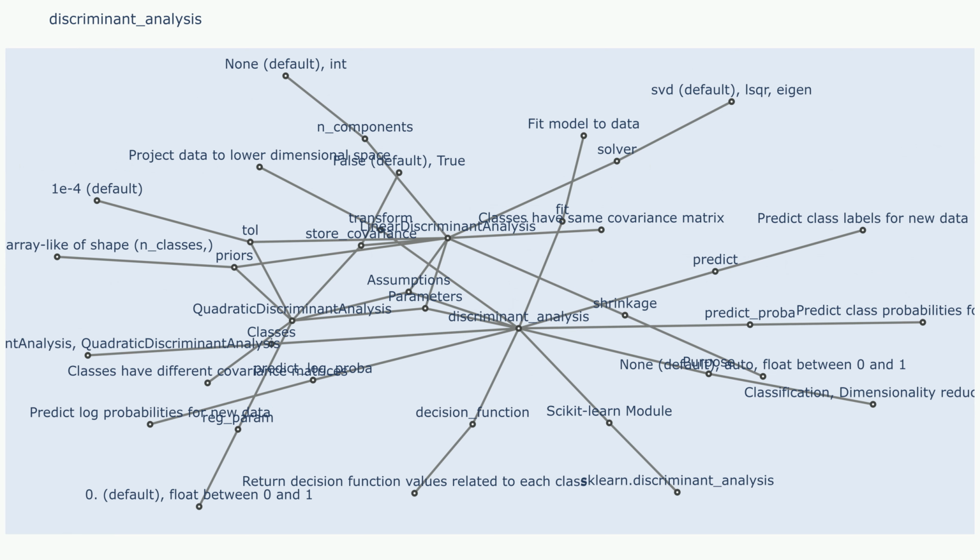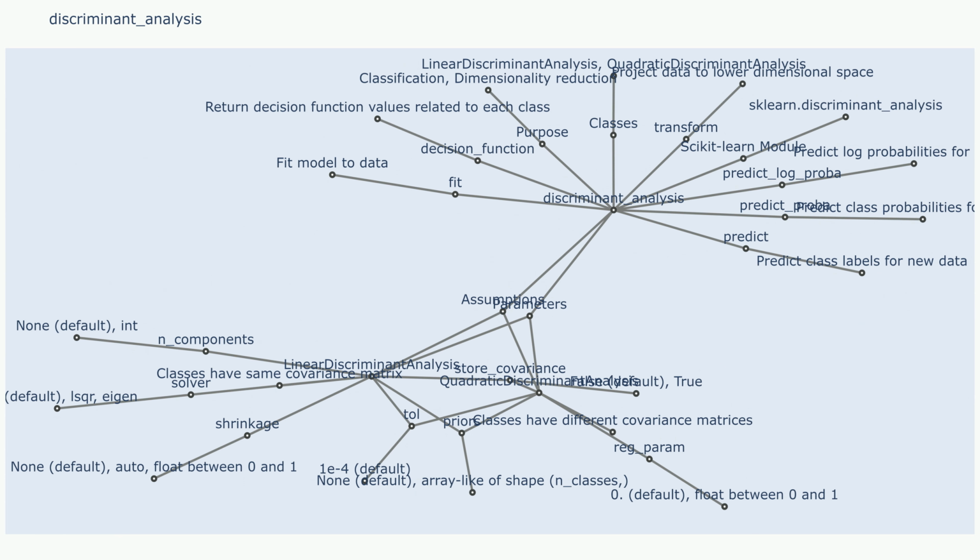Model selection: compare LDA and QDA using cross-validation to determine which method performs better for your specific dataset. Visualization: visualize the decision boundaries of the model to understand how it separates the classes and identify potential areas for improvement. Example: Python. From sklearn.discriminant_analysis